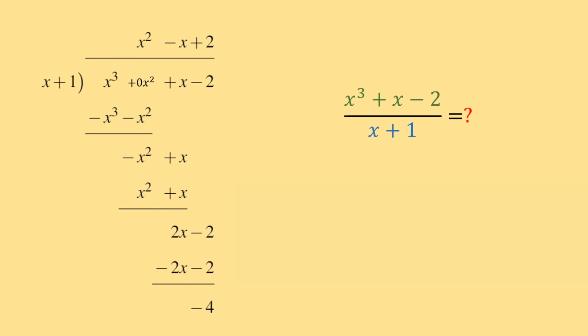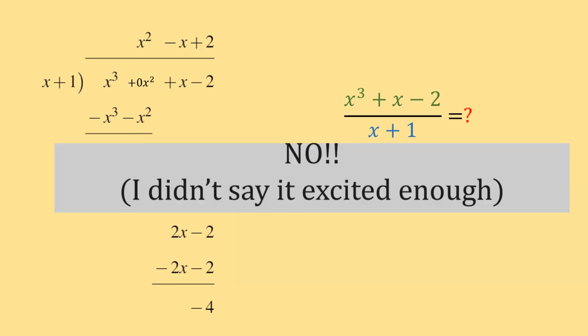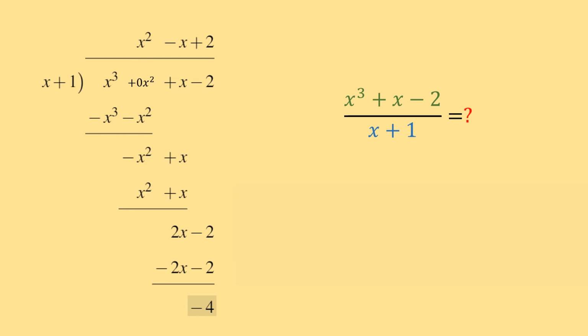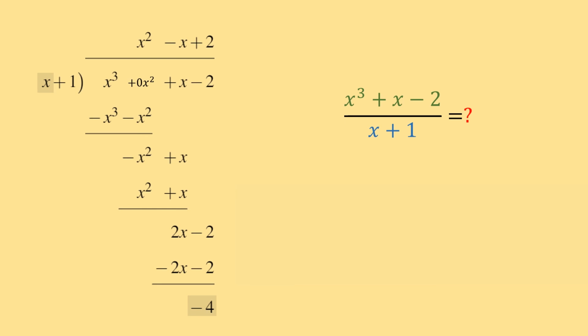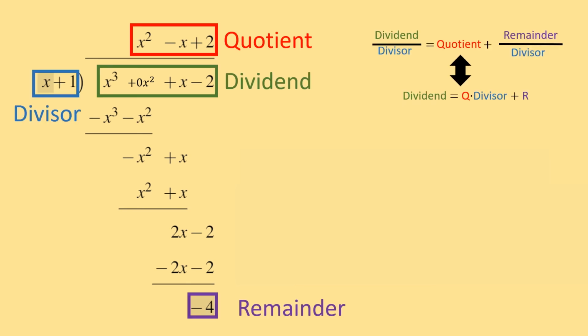Now, are we able to continue this process? Well, the answer is no. When I look down here at my next line, which is negative 4, there is nothing I can multiply x by to get negative 4, right? And I know I'm done with this process when the power of x that's down at the bottom here is smaller than the highest power of my divisor. So since I just have a constant down here, and my divisor has a value of x within it, then I know I'm done.